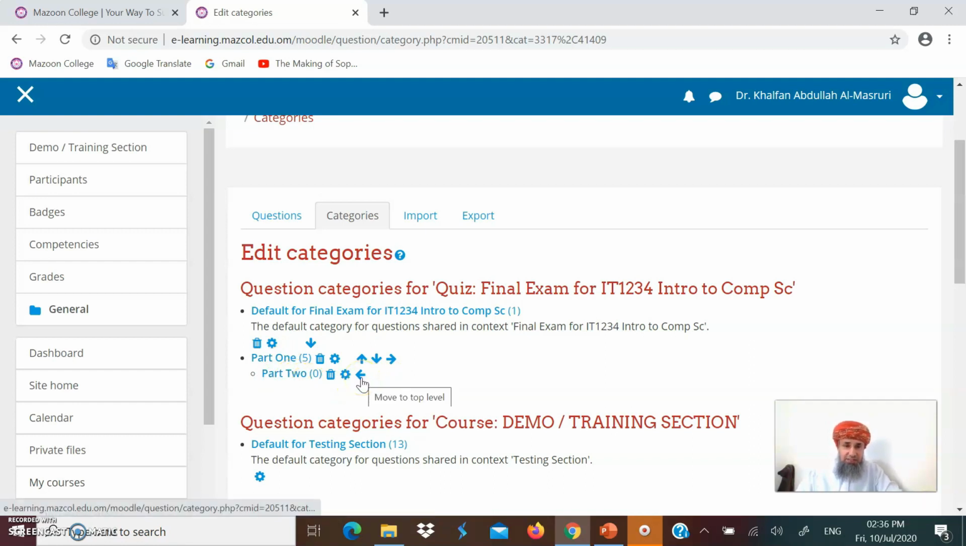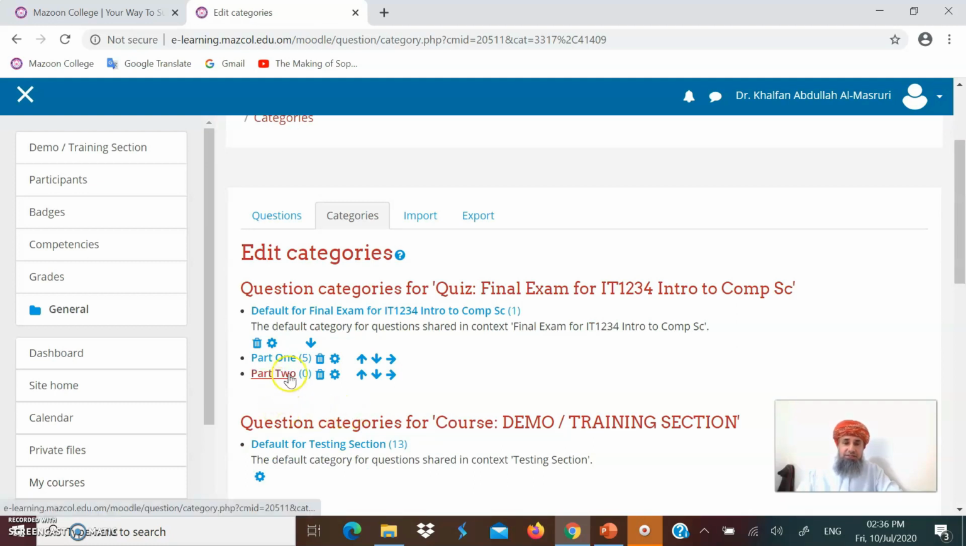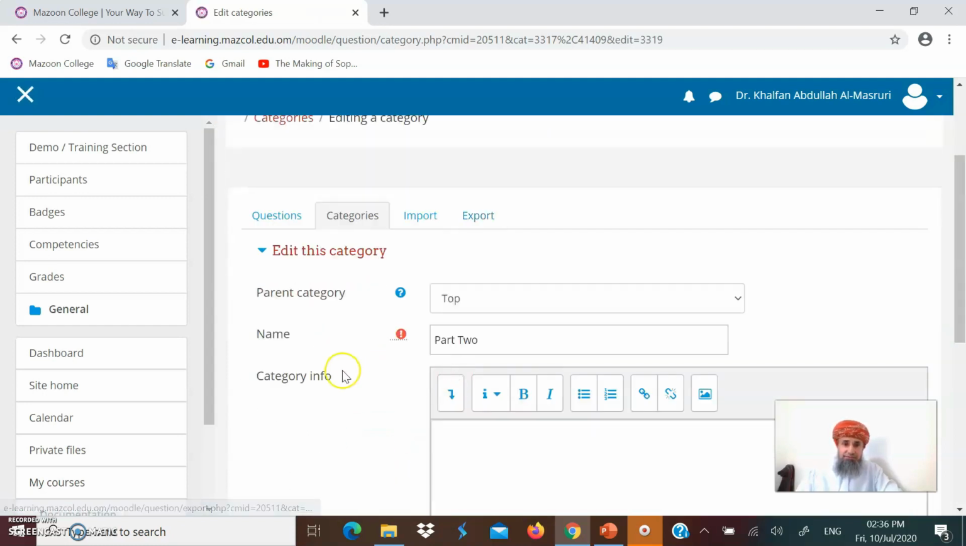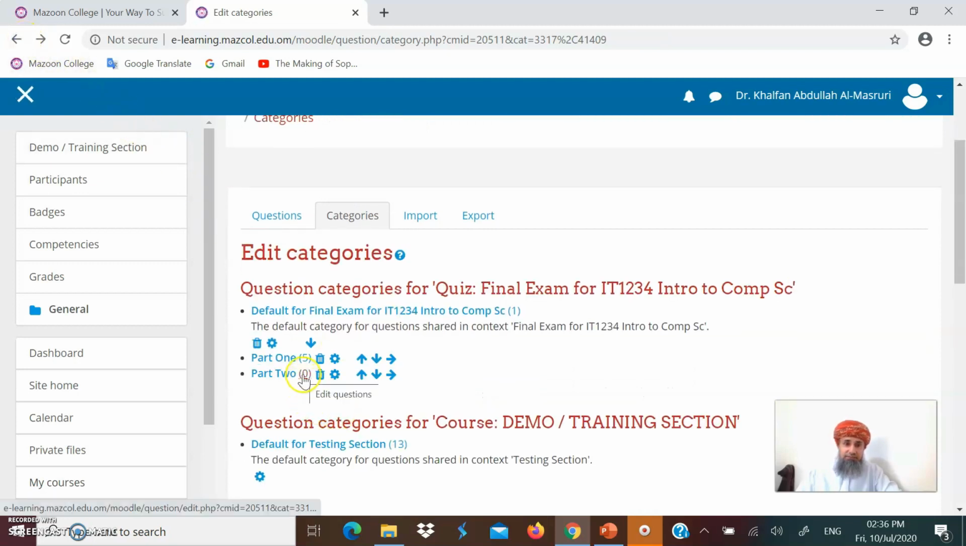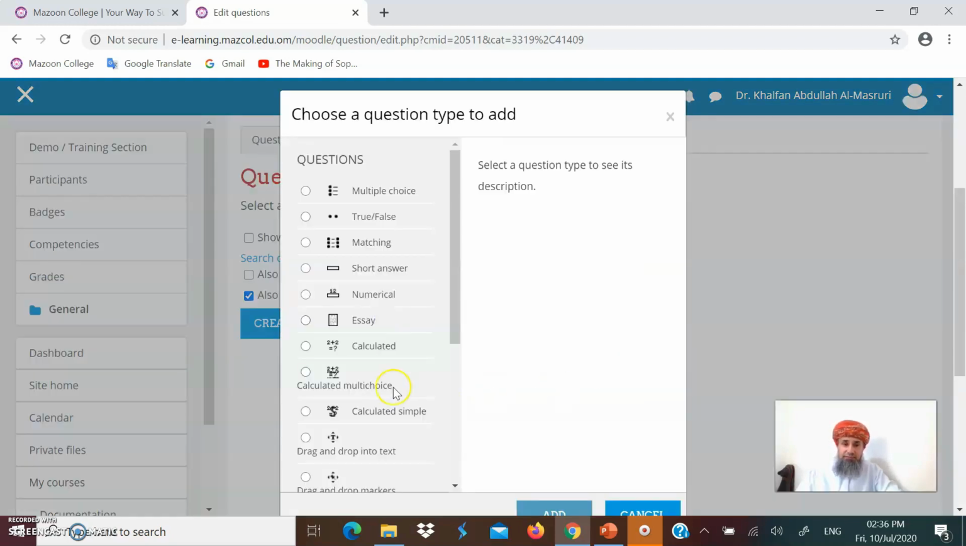So just click on this arrow, and now it is not a subset. Now it is on the same level with 0 number of questions. Okay, so click on part 2, and let's go and add the similar questions. Okay, so create new questions. Say add,